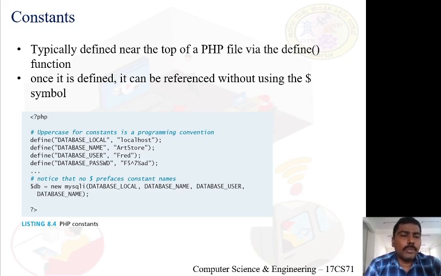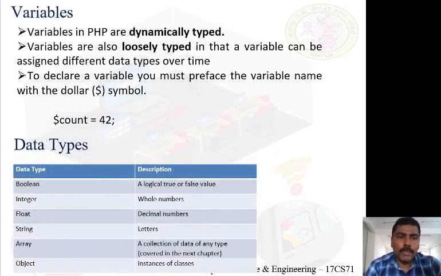So in the previous slide, I said to declare a variable, we use the dollar symbol followed by the variable name, and we can assign a value. Later, to change that, we need to make use of dollar again. Coming to the previous slide, here I have declared a variable named count using dollar and initialized the value 42. Later, suppose I want to change the value 42 to something else, I need to write a statement, say $count equals 50. This is how. So to access a variable, we need to prefix it with dollar.